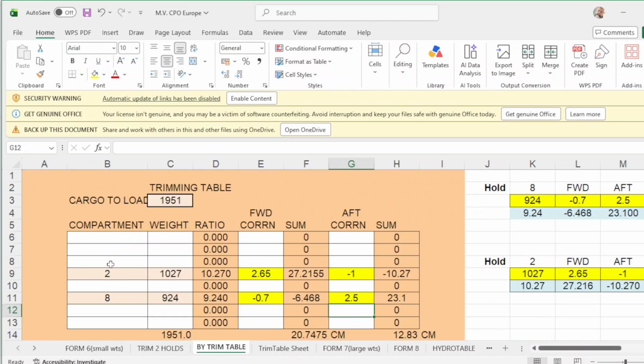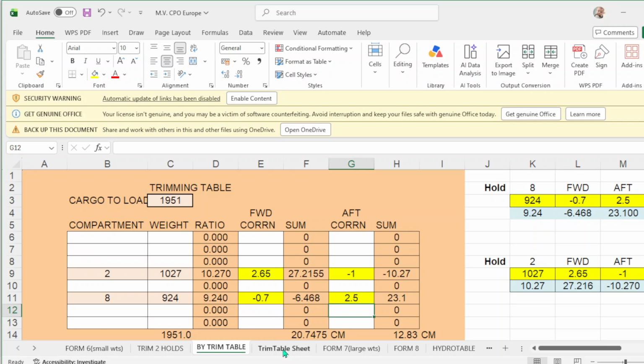Then, trimming holds are 2 and 8, and to be loaded in number 2 is 1027 and number 8 is 924. Now you apply the correction for hold number 2, forward correction and up correction, and for hold number 8, forward correction and up correction. So what is the forward correction of number 2?